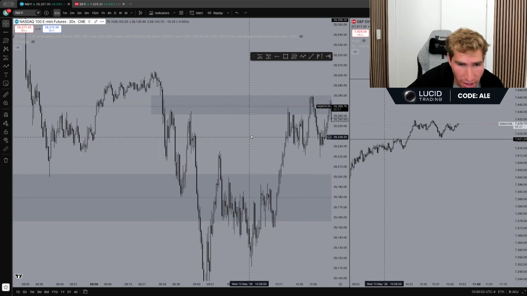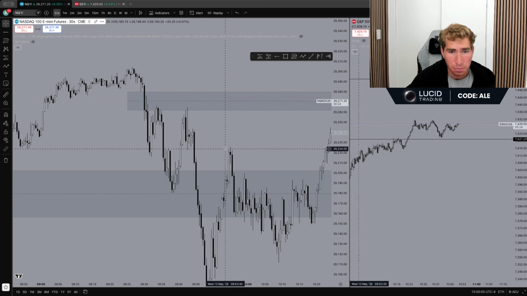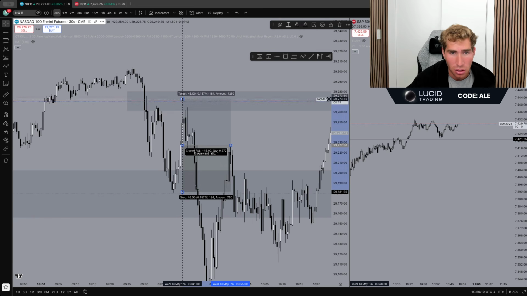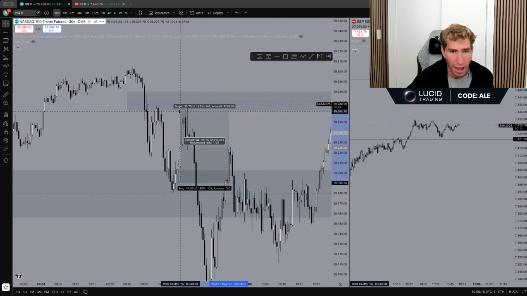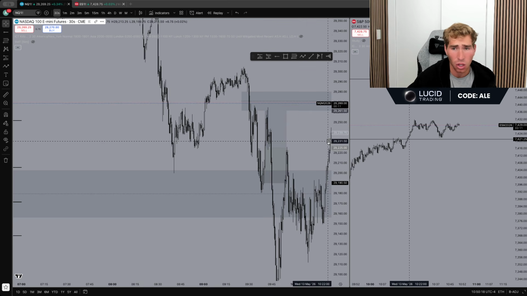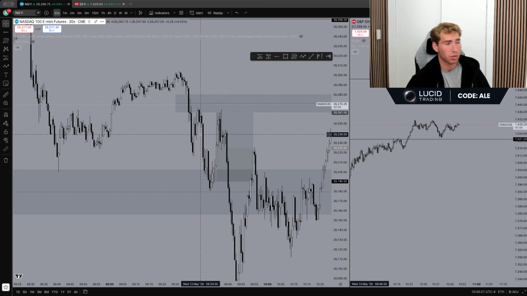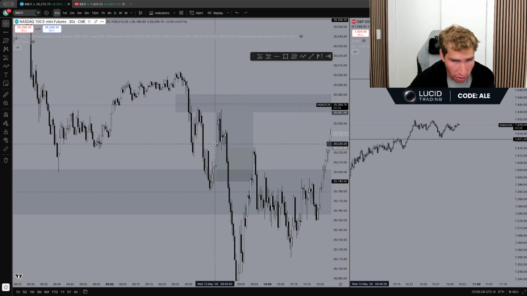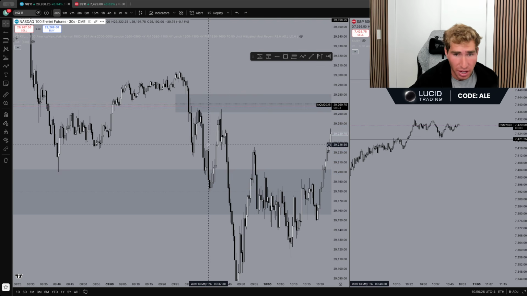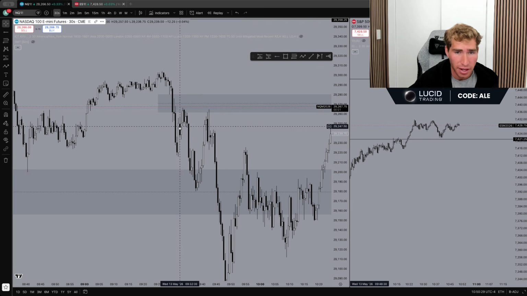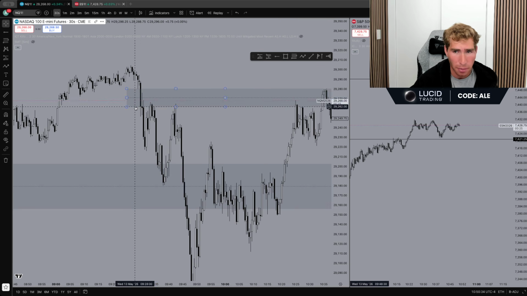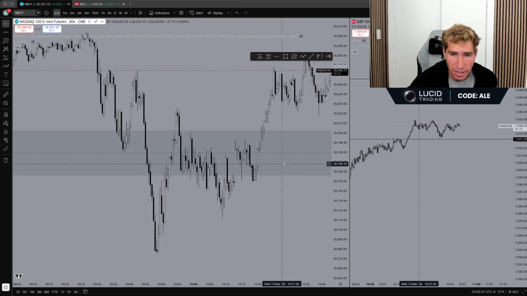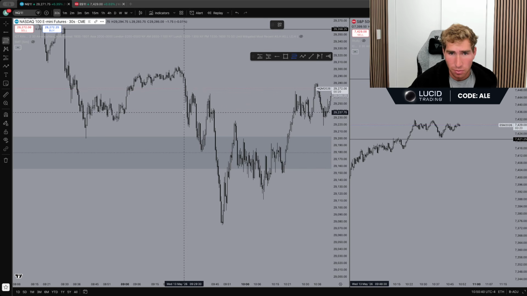And we did get an entry. I did not take it personally, but you can see right here, this displacement would have been a decent entry towards that unfilled 5-minute gap. And you could have just taken that for a 1-to-1. I know Patty from PB Trading took this, and he was getting a lot of flame for it. I really don't think this was a bad trade whatsoever. I think this was a pretty clear draw on liquidity and a pretty nice displacement. I just didn't like how we were inside a bearish gap. Price could have easily just gone lower and then given us another entry. But I will say that's not a bad trade, right? What I took was this, all right?